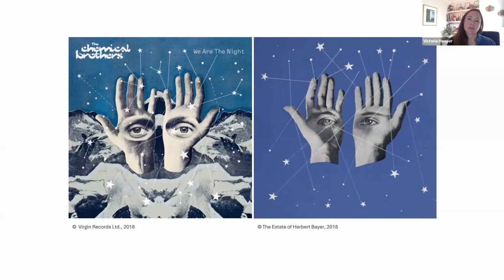So to rewind and go back to the beginning, for an artistic work to be eligible for copyright protection under UK copyright law, it must be deemed original. So an artistic work was said to be original if it was not a copy and the work was a result of the author's own skill, labour and judgment.